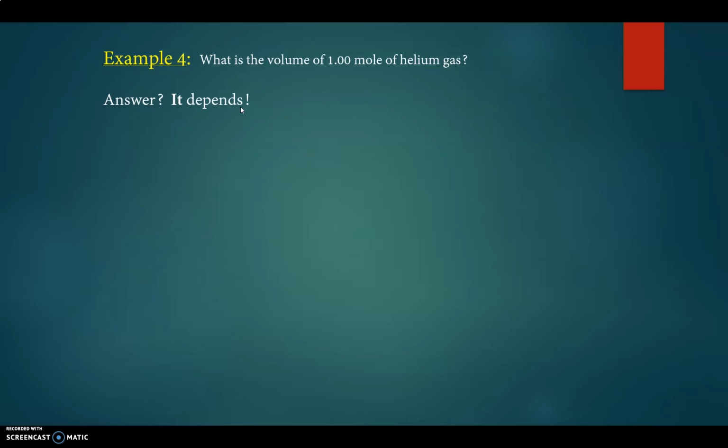So you can't simply say, what's the volume of a sample of a gas? Because if you increase the pressure, the volume goes down. If you decrease the pressure, the volume goes up. Same thing happens with the temperature. So chemists realized early on that in order for us not to be confused when communicating with each other, it would be helpful to agree to use a particular temperature and pressure so that everybody was on the same page, apples and apples. So they decided to come up with a standard